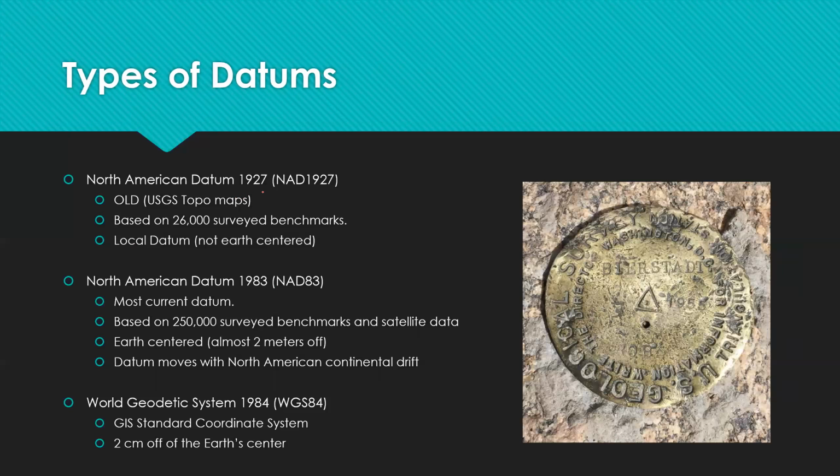So I talked about the NAD 27. It's what's used on old USGS topo maps. It's based on 26,000 surveyed benchmarks across the planet. Here's one for Mount Bierstadt, if anyone's climbed it. You can see that in 1955 you've got an elevation on there. Sometimes they stamp the elevation on there. Has anyone been up Bierstadt? Probably not going to know off the top of your head. It's a 14er, so it's about 14,000 something feet. And that elevation is going to be